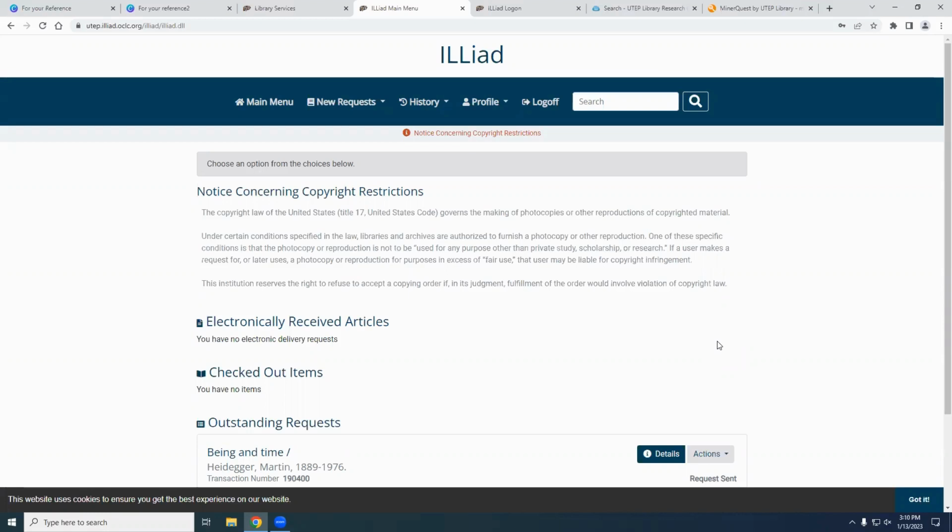You just need to be sure that it's being sent directly to you. Now, if you are a student here in El Paso, the book will be defaulted and sent here to the library. I hope that makes sense. If you're confused, type it in the chat, let me know. We don't expect you to fly out from California as a distance ed student just to pick up your library books.